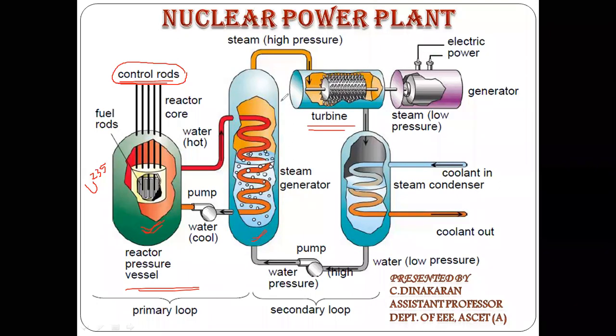This turbine converts steam energy, or heat energy, into mechanical energy. Further, this mechanical energy is converted into electric energy with the help of an alternator or AC generator. Here, the voltage is generated at 3.3 kV, 6.6 kV or 11 kV. Based upon the distance or line length, the voltage is boosted with the help of a step-up transformer, from 11 kV to 66 kV, 132 kV, 220, 400 or 765 kV. In India, the maximum operating voltage of the AC transmission line is 765 kV.